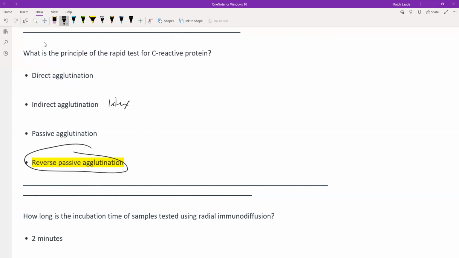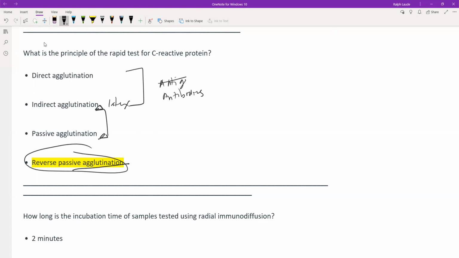So remember that with direct and indirect agglutination, we are looking for antibodies in the plasma or the serum. And what is incorporated in your reagent is the antigen. Passive agglutination is the other name of indirect agglutination. So reverse passive agglutination, why passive? Because we are making use of